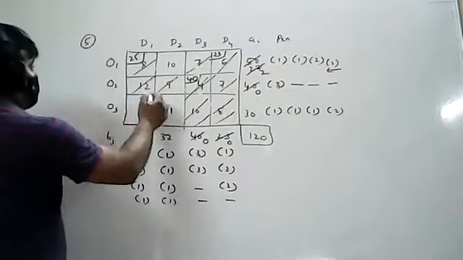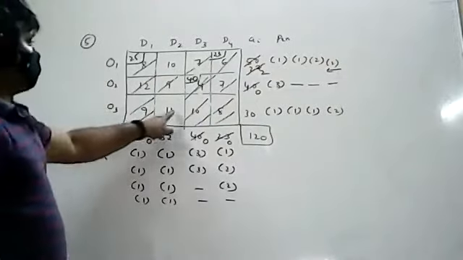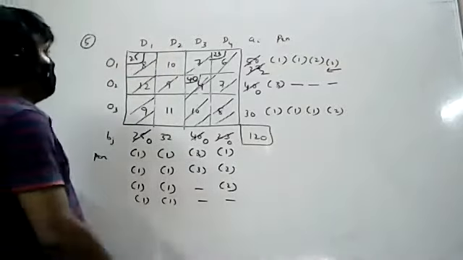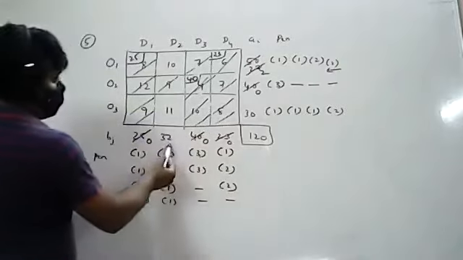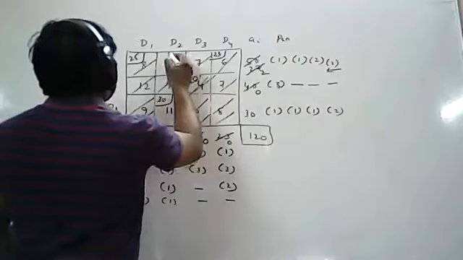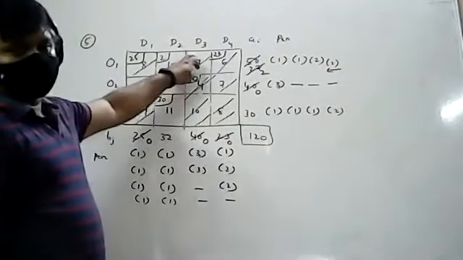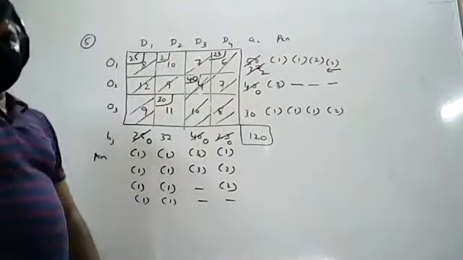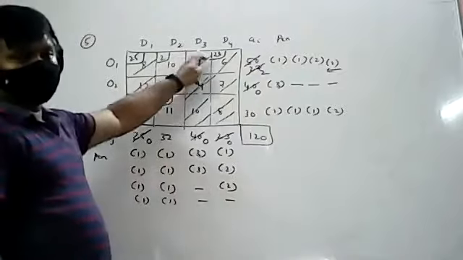Now 0 is there on the column side, so cross the entire column. Now how many rows are left out? 2 rows are left out. This one is 1, this one is 2. But how many columns are left out? A single column. Single column means you can stop the procedure. So just check the values. 2 is there, 30 is there. 2 plus 30 is 32. So directly assign 30 for this 11, and this one is 2. So don't allocate 0. If you allocate 0 and treat that as occupied, automatically a solution exists. 0 has no value, so that's why I'm not allocating it for this cell.